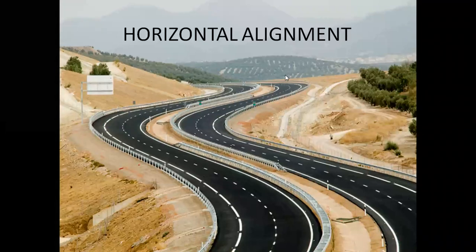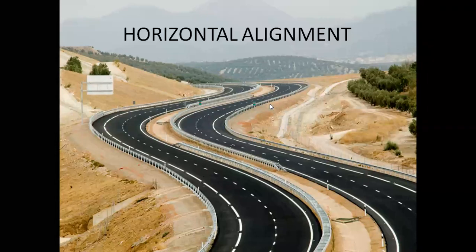Today we are going to see the next geometric design element of highway, which is called the horizontal alignment. You remember, right? In this module we were seeing the different geometric design elements of the highway. We had already seen the cross-sectional elements. Then the second geometric design element was the side distance. Now the third, which we are going to see here, is nothing but the horizontal alignment.